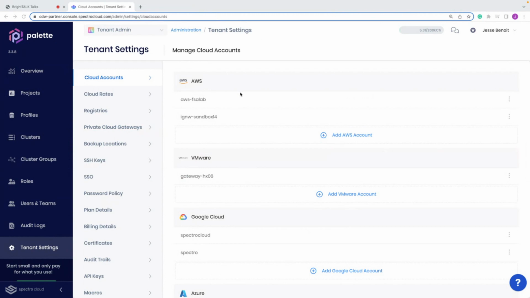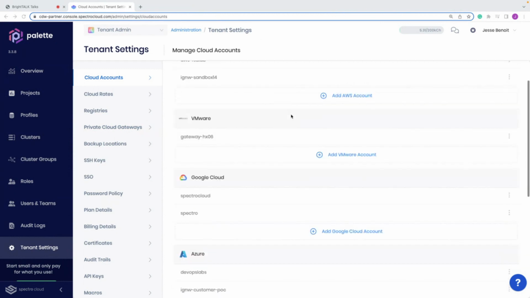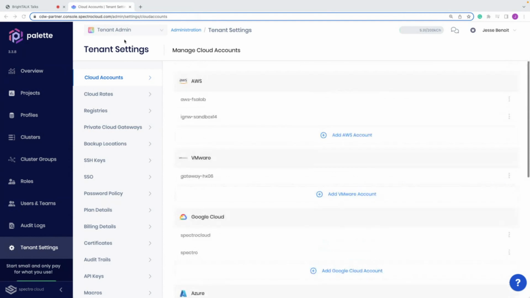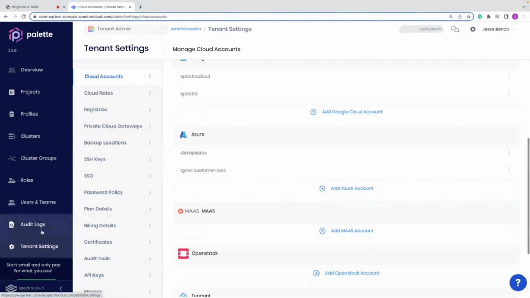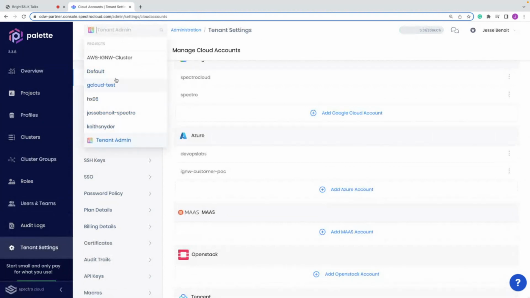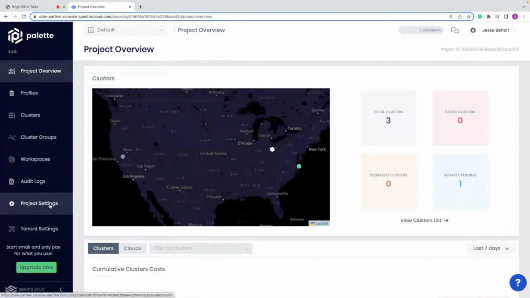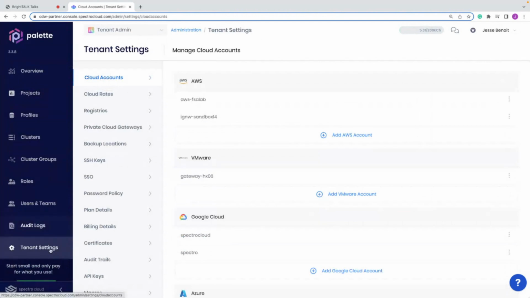But the first thing that you'll need is a cloud account, which I've already set up here. If you notice here, I'm going to switch from the tenant settings to the project settings. And if I toggle back and forth, you see the tenant settings. They have the organization-wide settings that are held and are propagated down to individual projects.